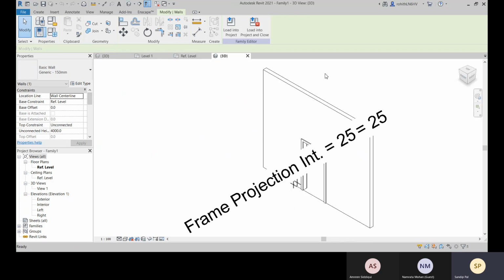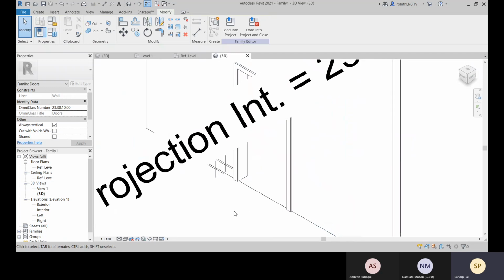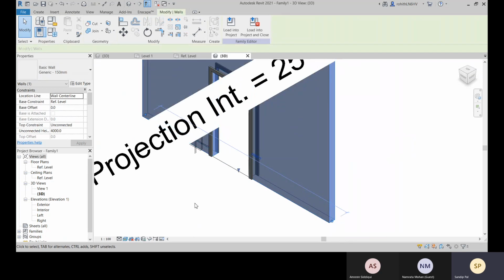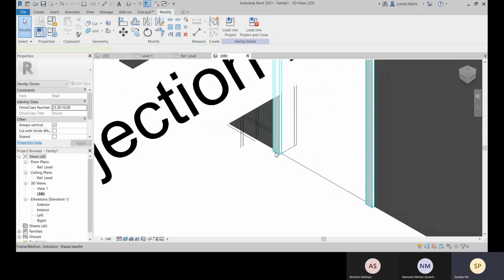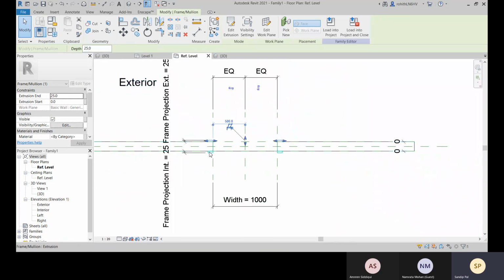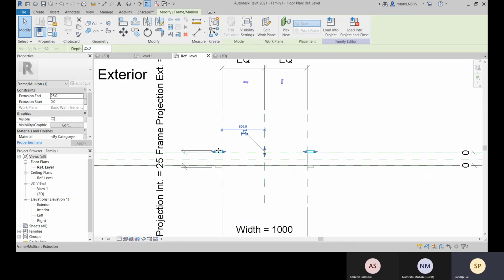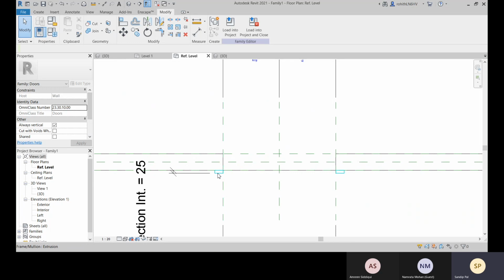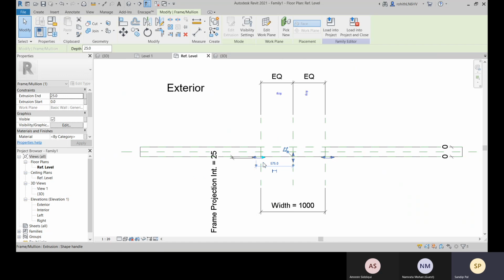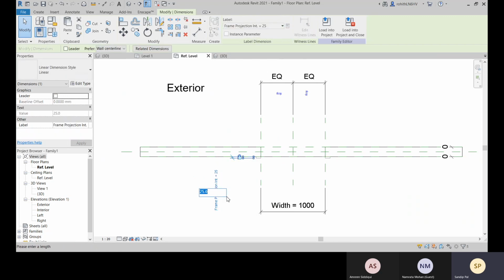Now let me change the view, and there you see. Let me change it to realistic, and this one is your host. And you see this is the casing, and this is the casing. Come to level 1. So this is to the exterior side, and this is to the interior side. So this one I don't need right now. We will create our own casing. So this is the parameter assigned to this. If you change this, it will be affected.